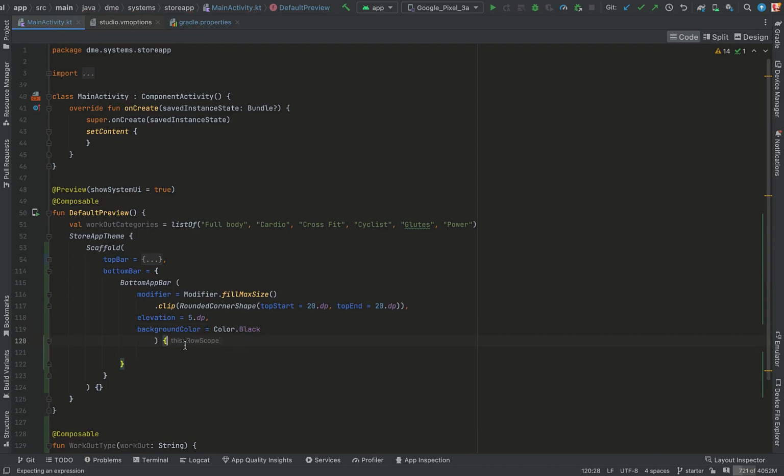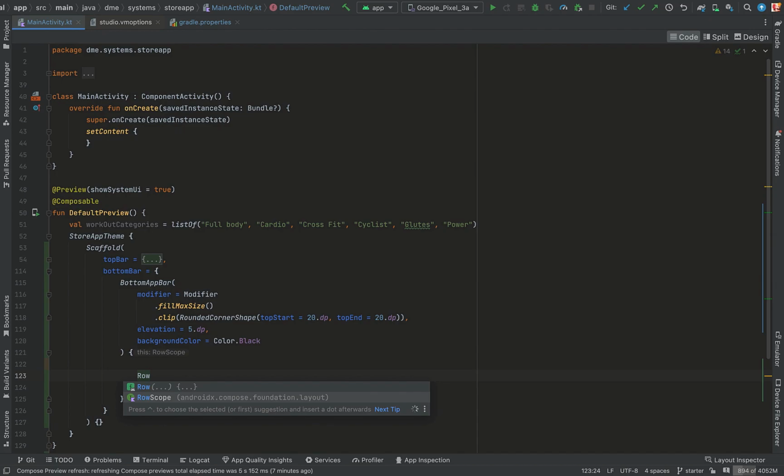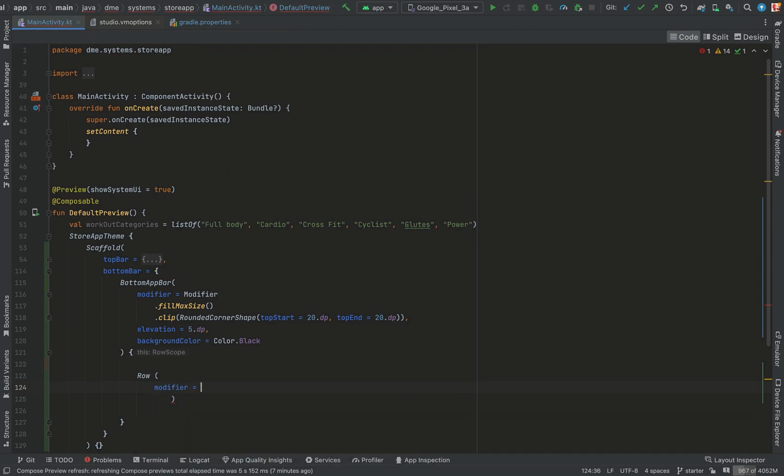Good. In the body of the bottom app bar, let's first give a visual code. We want to align the items horizontally, so we use a row. Use a modifier for the row to fill the max size,